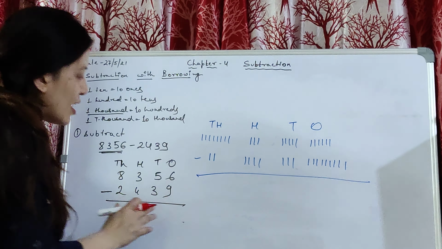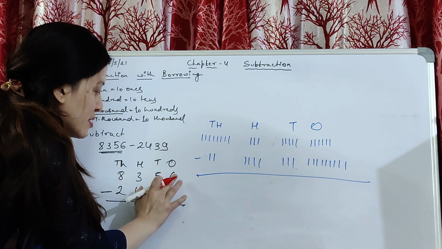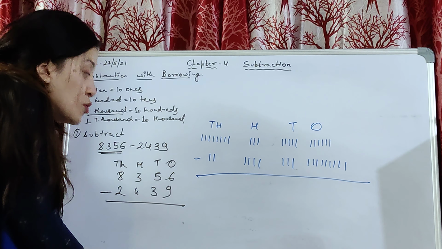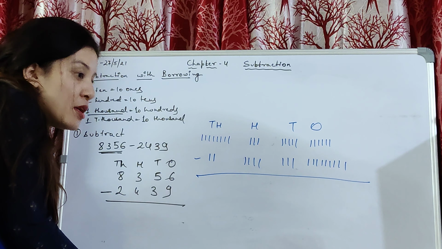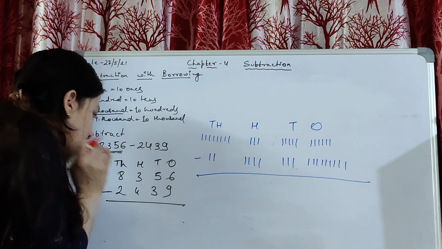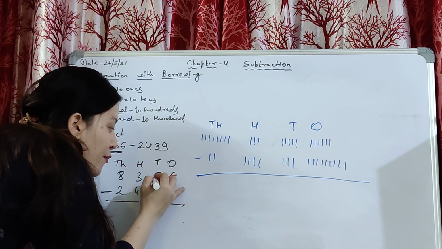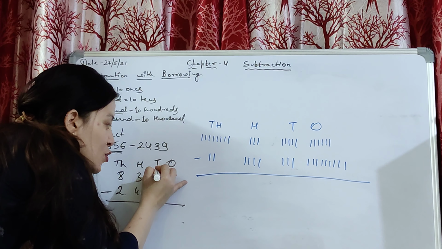Now if you will start subtracting with this method, 6. If you will try to subtract 9 from 6, है ना? So 6 cannot subtract 9 because 6 is smaller. 9 को 6 subtract नहीं कर सकता, तो क्या करेगा? 6 will borrow 1 from here. 5 will give 1. 5 will change into 4.